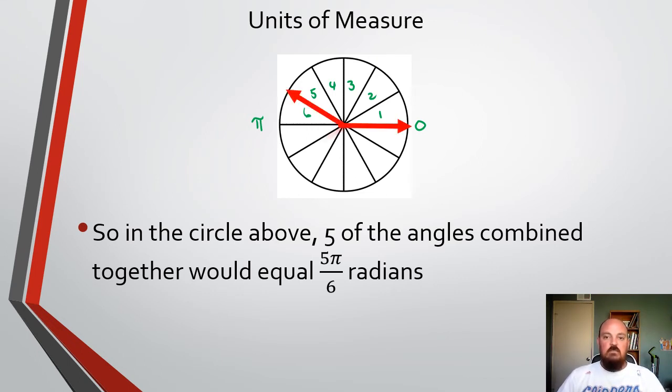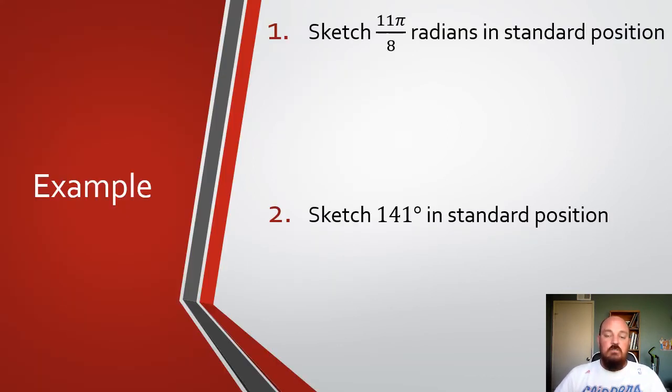It would look like this. Starting at 0, this angle right here, from red line to red line, is 5 pi over 6. And I did that visually by taking half a circle, breaking it up into 6 pieces, and counting 5 of them. All right, so for our examples today, let's do 2 sketches. One kind of just like the one we just did with radians, and then another one in degrees just to show the difference. So if I wanted to sketch 11 pi over 8 radians, let me start with my straight